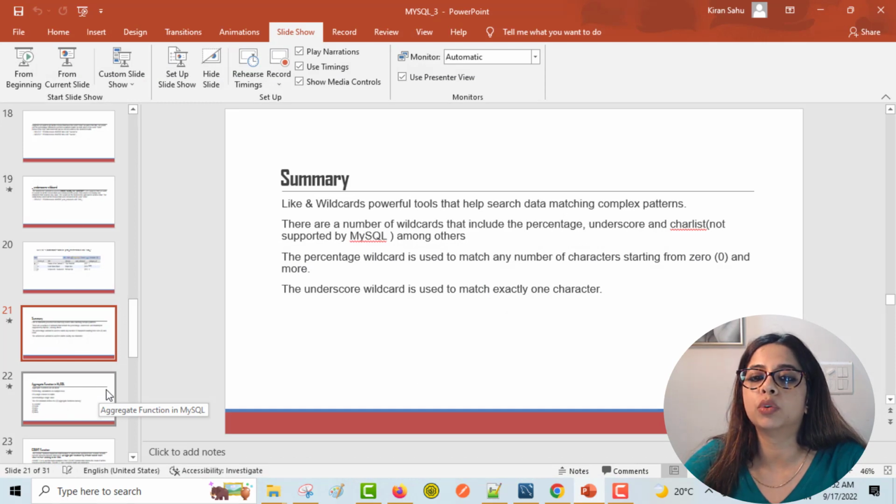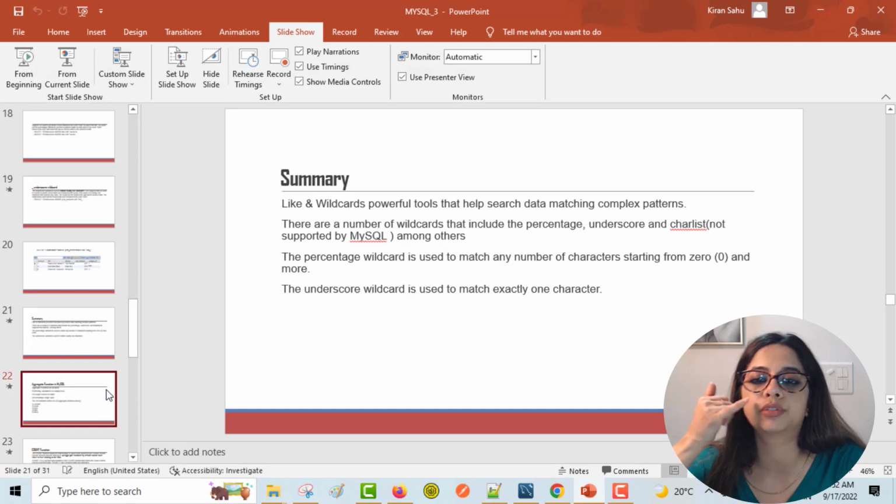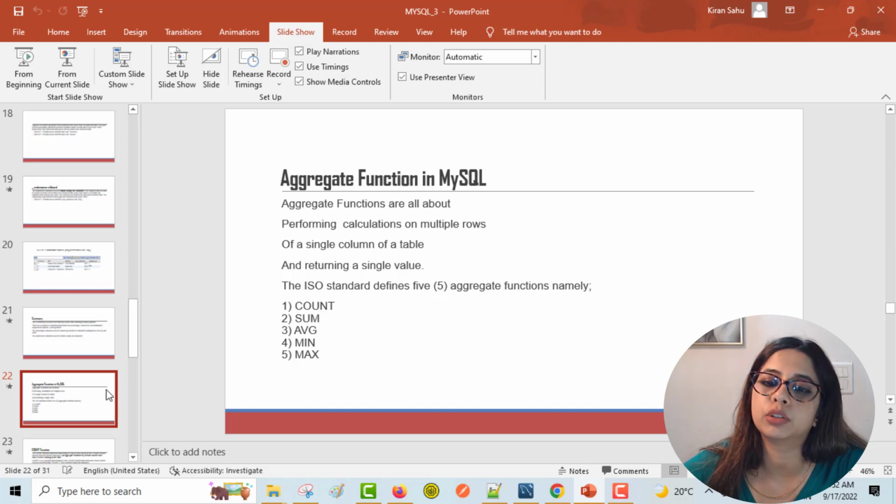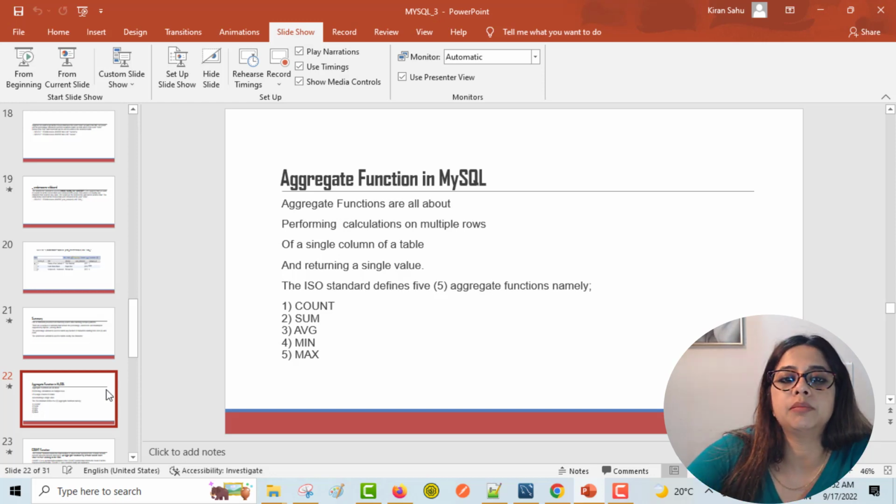Moving forward, we can see the usage of the aggregate functions in MySQL. Aggregate functions are very, very useful. It's used for a lot of calculations. It helps us find out a lot of important data in the table. So any maximum amount or anybody's highest salary, maximum, minimum, average, count, all these are aggregate functions and they are very useful. So let's see how they are used. So aggregate functions in MySQL,